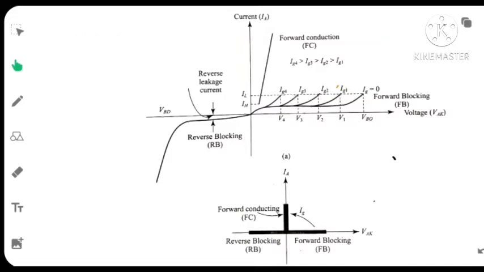With the help of the circuit I have shown you, we will study what is going to happen. In the reverse blocking region, the SCR is in the off state up to the breakdown voltage, that is, a minimum reverse leakage current is flowing. Now let us start the virtual lab.